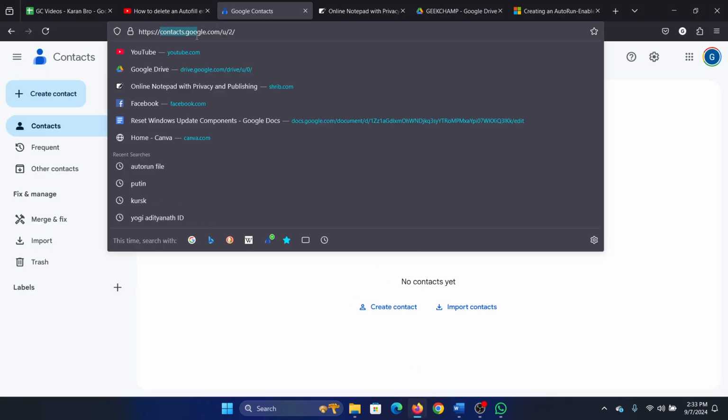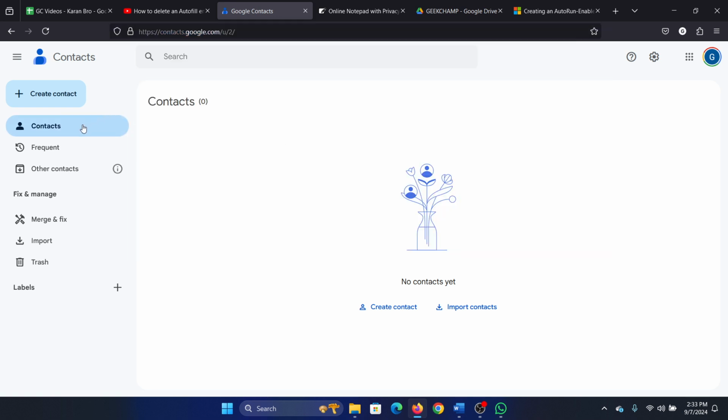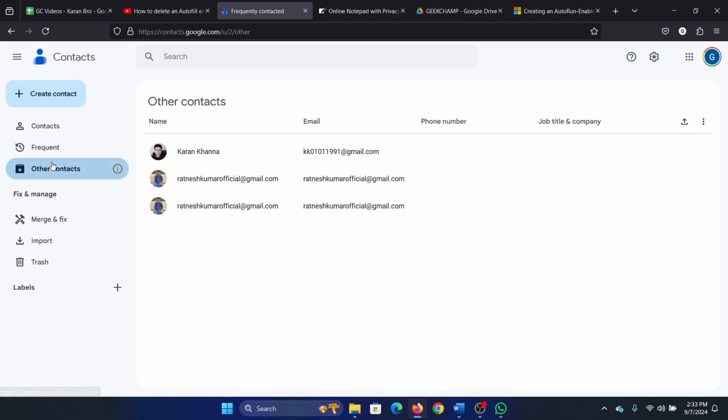Go to contacts.google.com, and then check all these three lists on the left hand side: contacts, frequents, and other contacts. Okay, so if you find the email address in either of them, like not in all of them, in either of them,